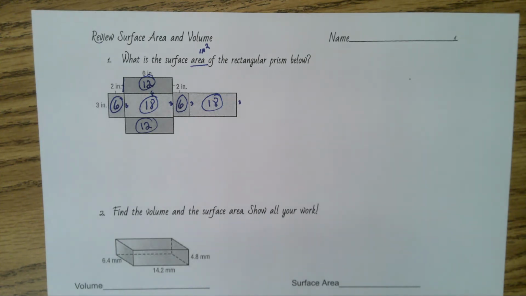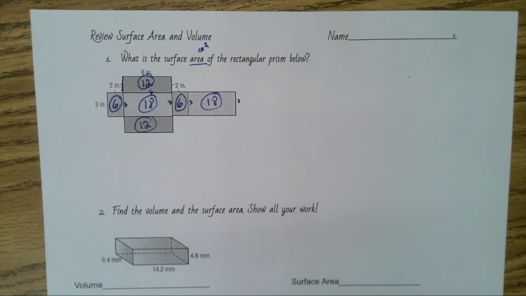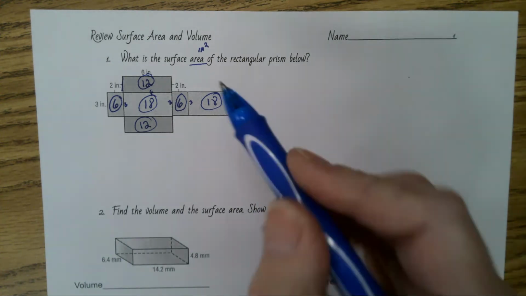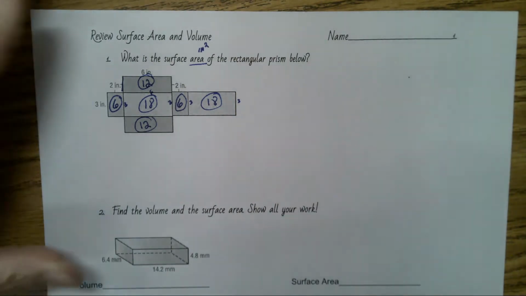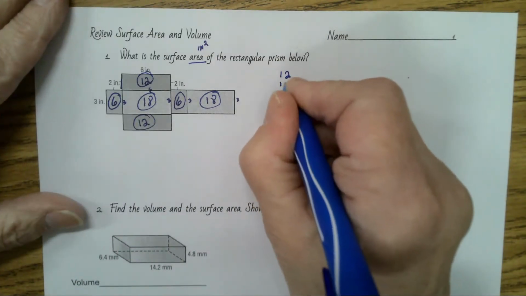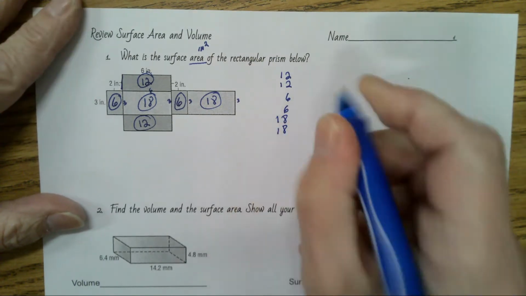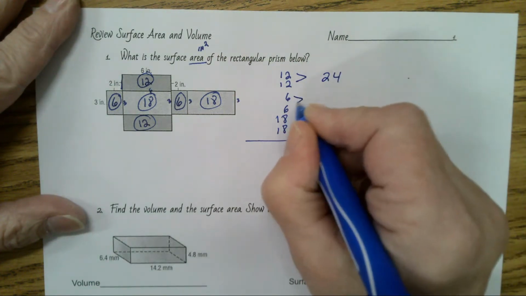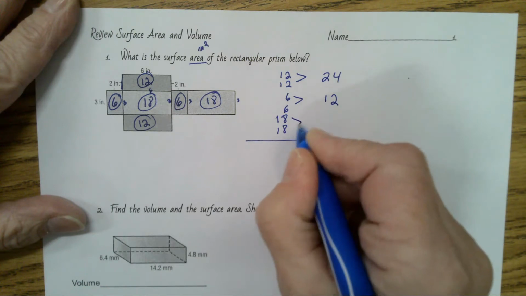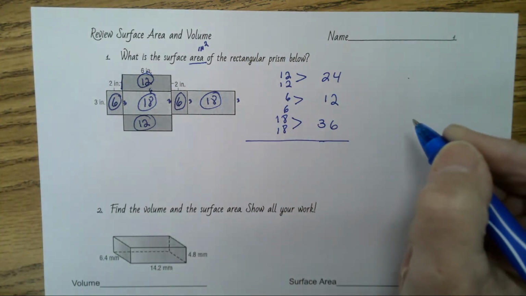Does everyone have their areas for each rectangle in there? And I circle them so I know those are areas, and that way I know these are the measurements and things. All right, so now I'm ready to add them together. So when I add these problems together, I have 2 12s, 2 6s, and 2 18s. And 2 12s equals 24, 2 6s equal 12, and 2 18s are 36. Now when I add them all together,